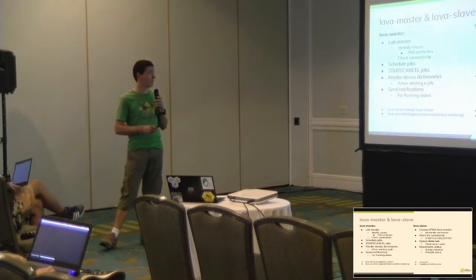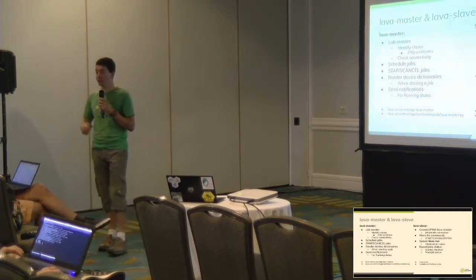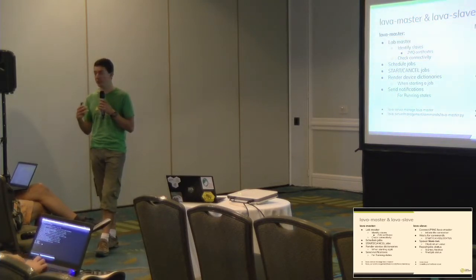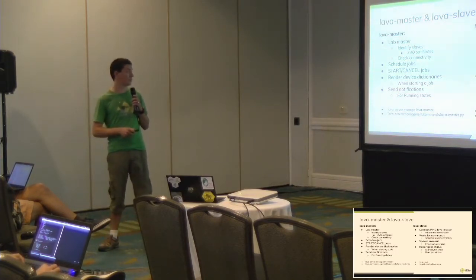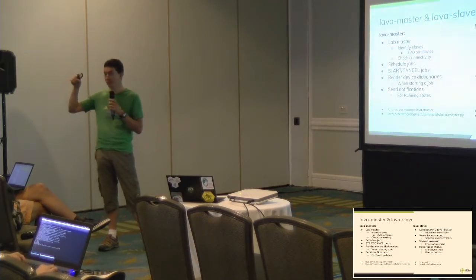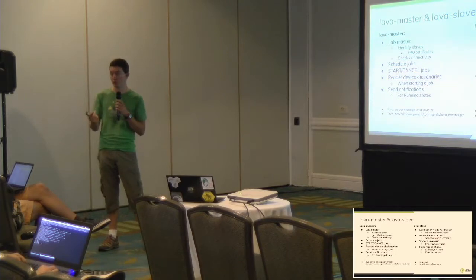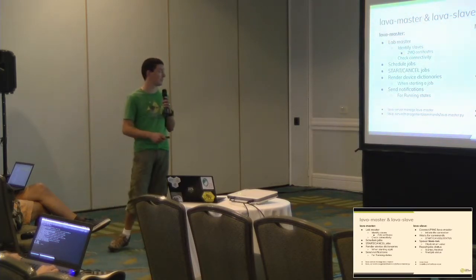As I said before, Lava Master is scheduling jobs. That's the one that is scheduling jobs. And when it's scheduled, it will send messages over the ZMQ connection to the right dispatcher, to the right Lava Slave process. It will be a start message. And the same, when you click on cancel in the web UI, the Lava Master will receive a message saying you should forward that information to the slave. So it will send a cancel to the right Lava Slave process, that will actually cancel the job.